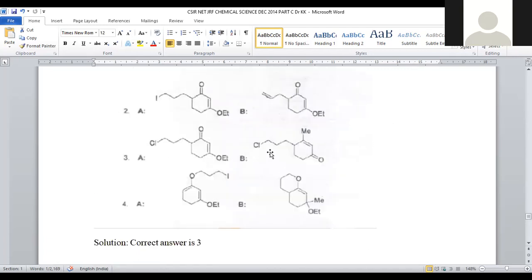That is available only in option number B. Here you can find a double bond, where the double bond is the alpha beta unsaturated compound, and that in turn converted into,